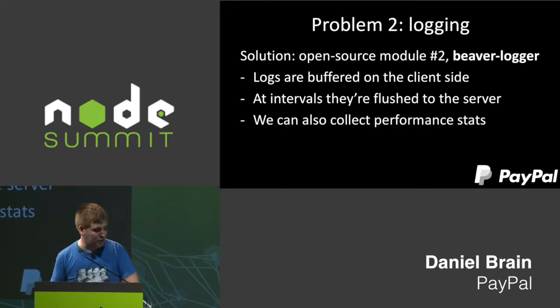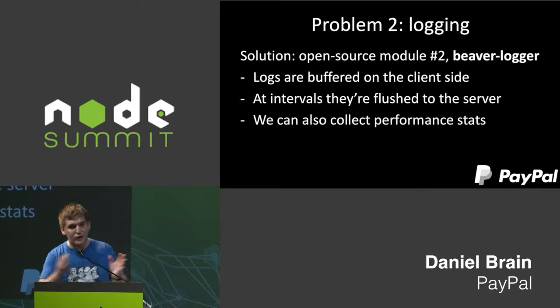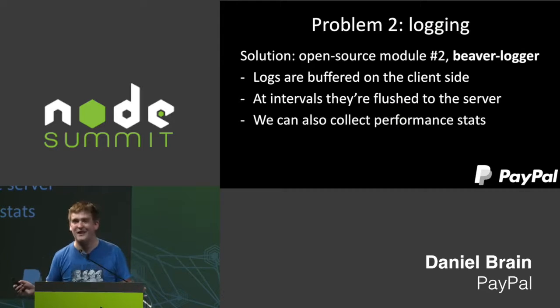So we came up with this module called Beaver Logger. It buffers logs on the client side, so it's not sending off a billion requests and making your page site speed suffer. It flushes them in intervals, and it also collects performance stats. So that's really useful. Now we can log anything we want on the client side, and there's a high chance we'll actually have access to that data later. So even if you don't use this, I'd encourage you, look into client-side logging. It's really